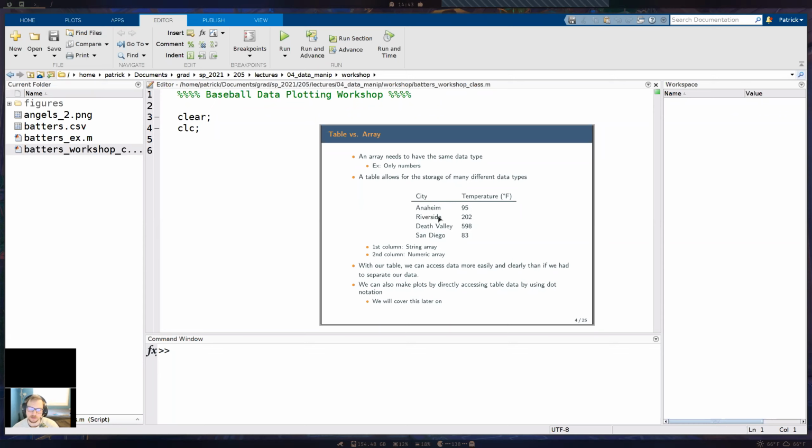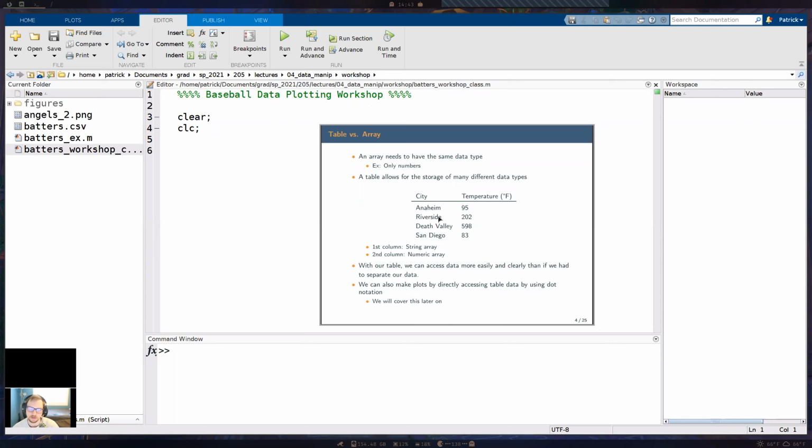Okay, so in this workshop, we're going to be learning how to import spreadsheets. We're going to learn our different data types, how to convert data types. So we're going to basically convert a cell array to a string array, which I'll explain why in a bit. And learn how to manipulate tables, and we're going to learn how to avoid, in quotes here, something called hard coding, which will make more sense once we move along here.